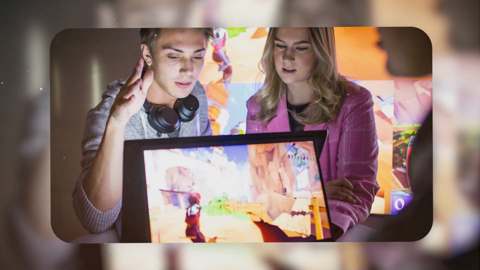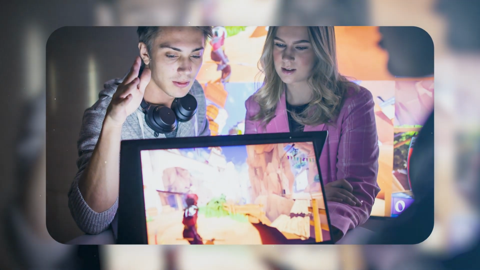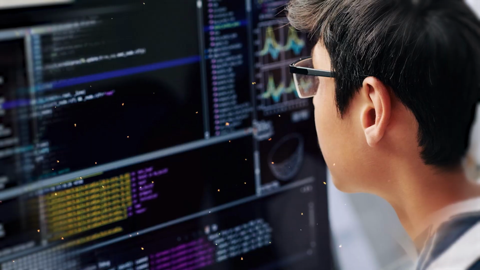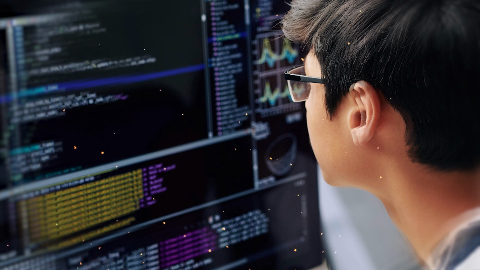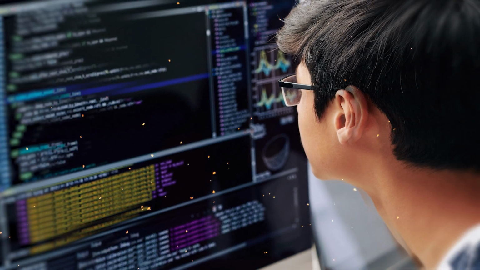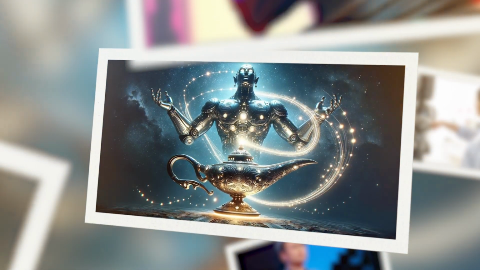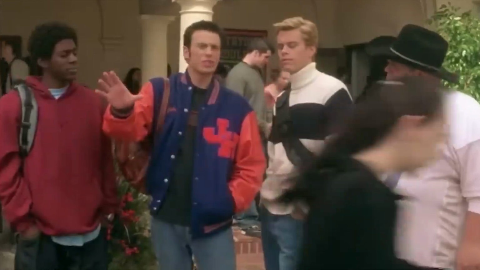This groundbreaking innovation has the potential to make game design accessible to a wider audience more than ever before. As an aspiring game creator, you would no longer need to possess extensive programming knowledge or artistic expertise to bring your ideas to life, because Genie would be doing just that for you. But it doesn't end there.